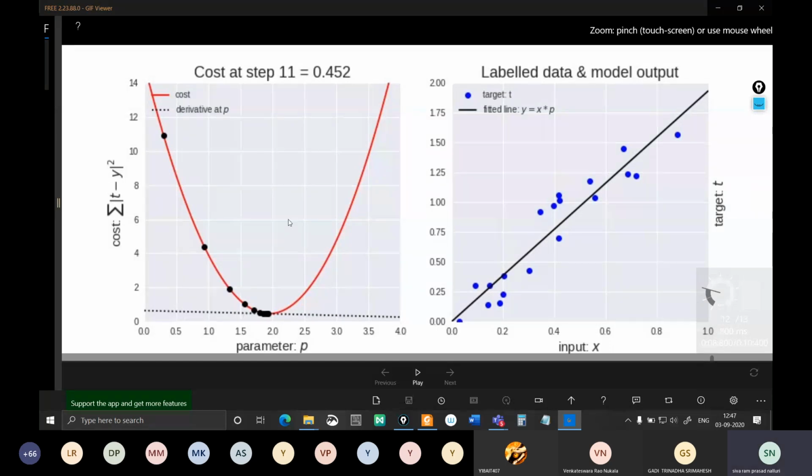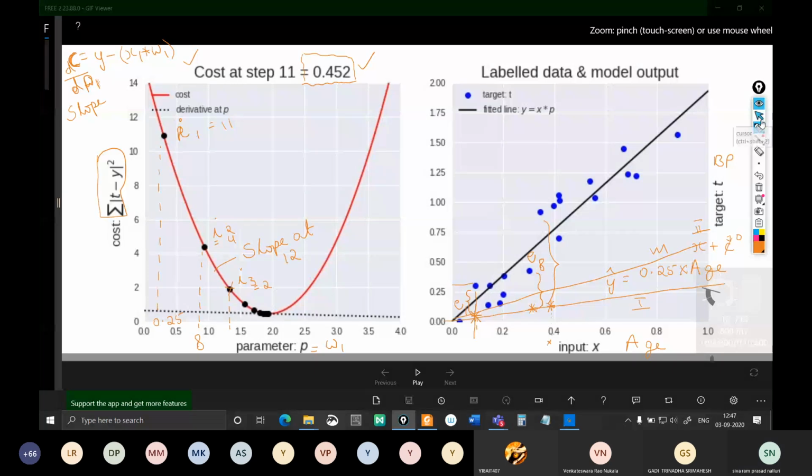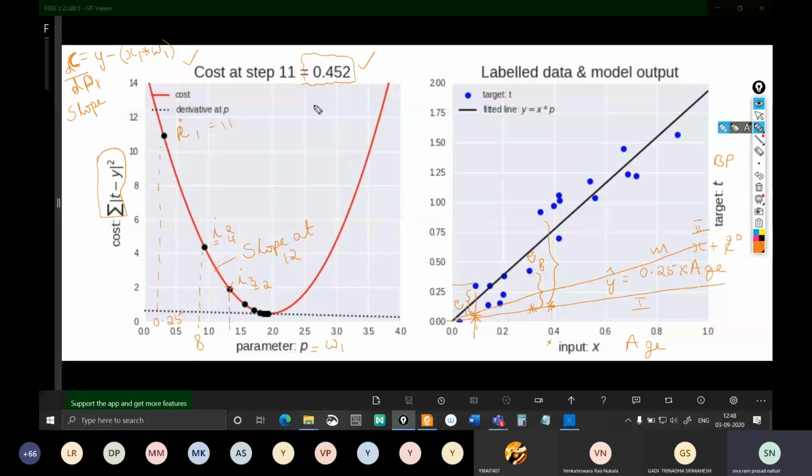So now if you look at the slope, if you look at the gradient of the cost function, the gradient is almost, చూడండి, if you look at the gradient of the cost function, it is almost 0. The gradient is almost 0. And can we claim that this is the best model possible? Yes. Best fit model